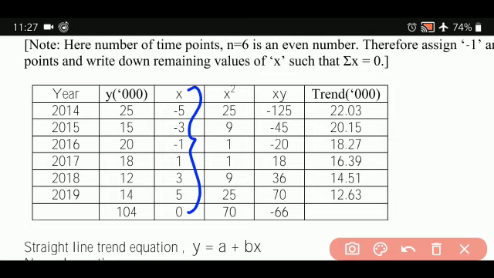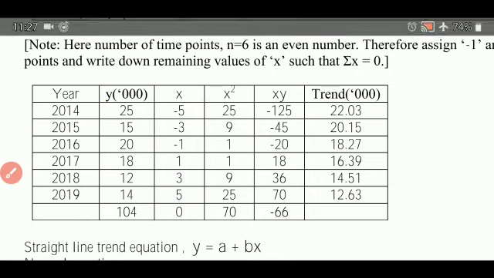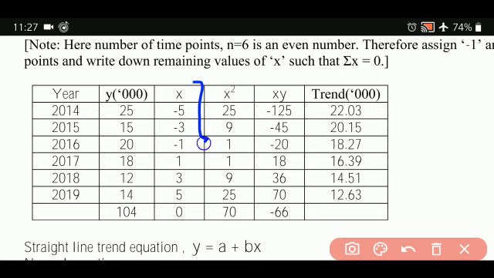Because if I just tell you, if it is even, you just assign minus 1 here, plus 1 here, minus 3 here, plus 3 here, minus 5 here, you will not understand how those calculations have come. I have shown it to you all. So this is how the calculation is being done. For example, sometimes you'll get years like 2005 and next 2010. Whatever the calculation, remember this: if it is even, you are going to put these values. This is your main thing. You have to keep this in your mind.